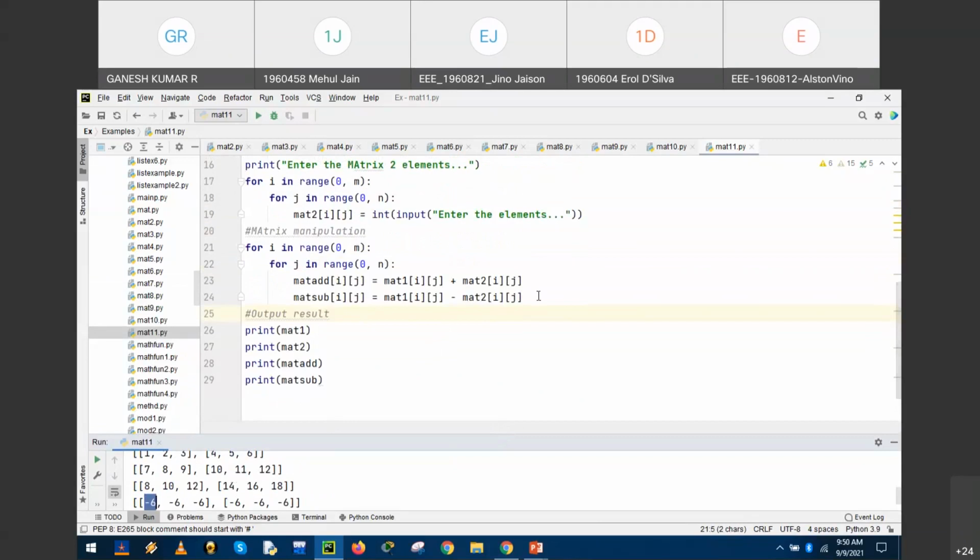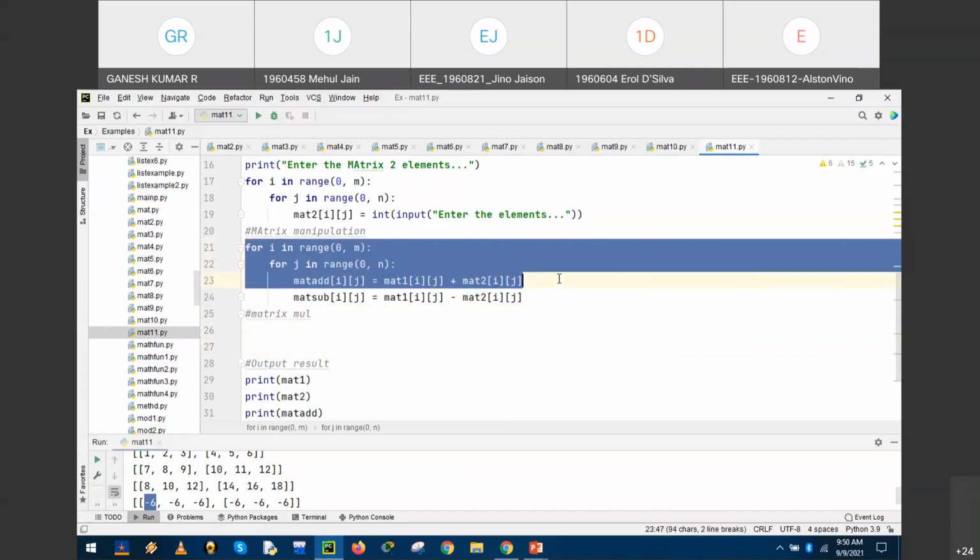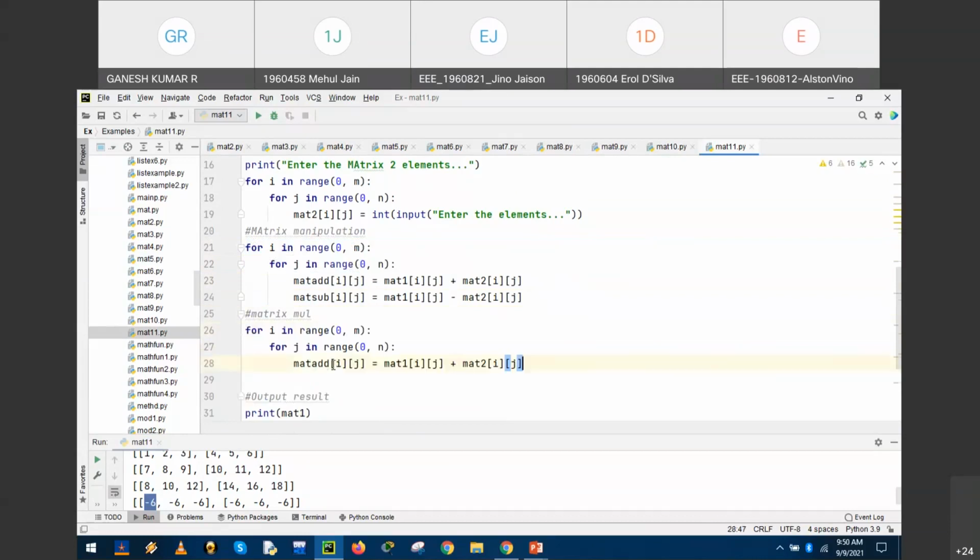So we need to have an extra loop, another for loop. Okay, so that is for matrix multiplication. Matrix multiplication. So let me copy the same template, right? For i in range of 0, m, for j in range of 0, n. To access the column-wise, we add another variable, for k in range 0, n, the column, right? Colon.